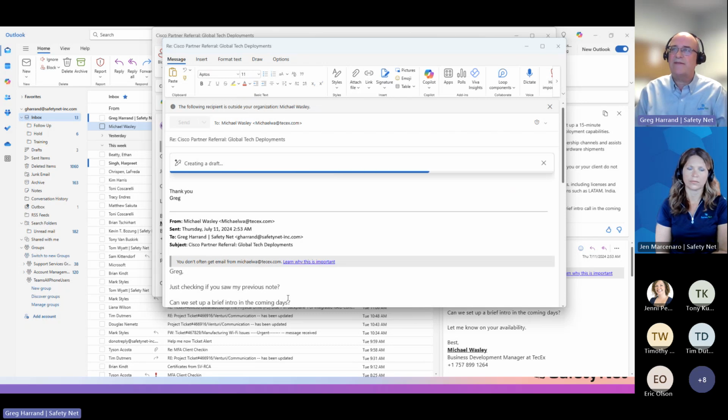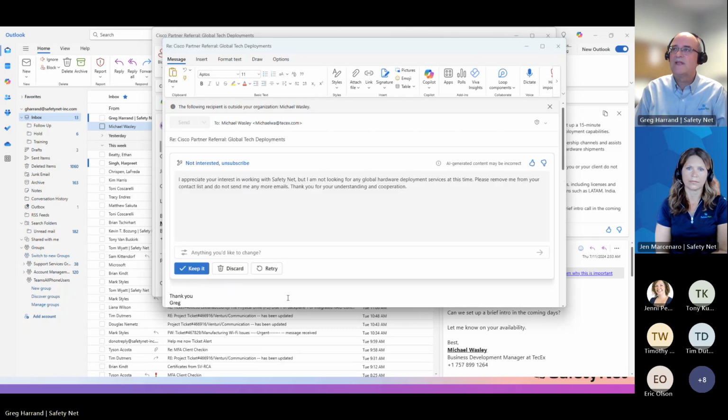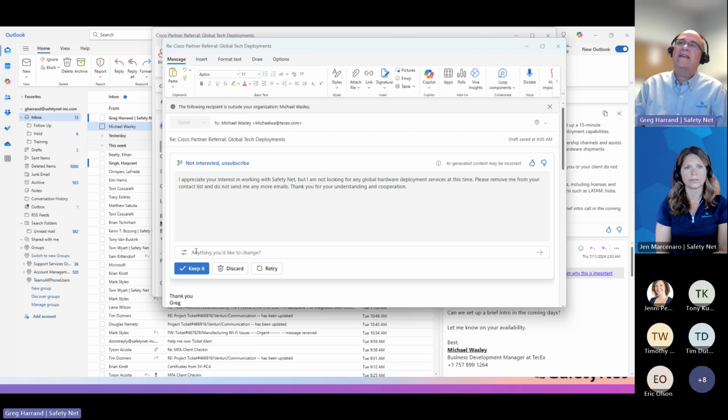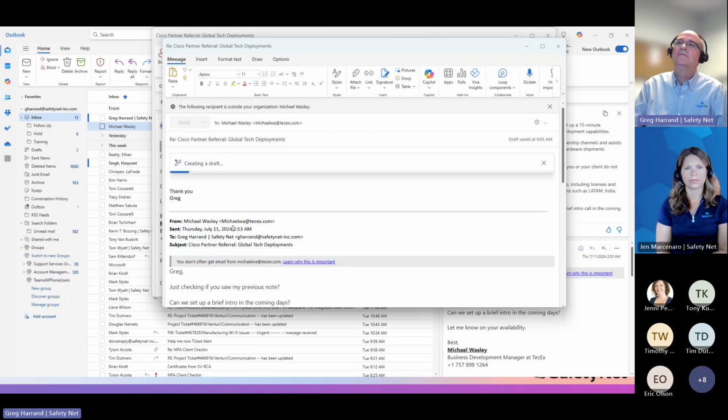Rather than me typing, hey, I'm not interested, take me off your mailing list, I can just click it. And it comes up and says, hey, I appreciate your interest in working with SafetyNet, but I'm not looking for any deployment services. I can come down here to the options. As you can see, I can say, make it longer, make it shorter. I can say, hey, make it sound more casual.